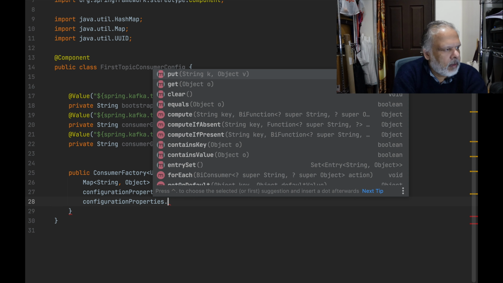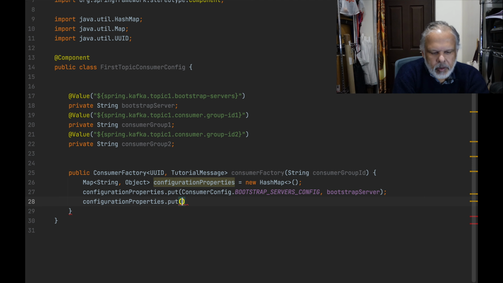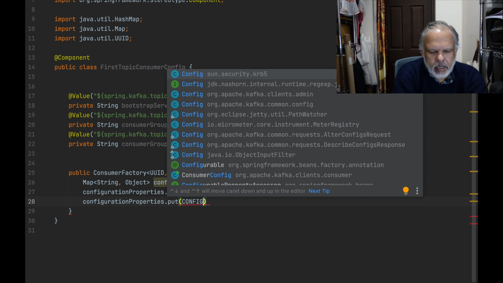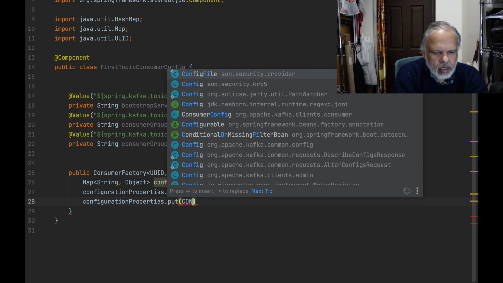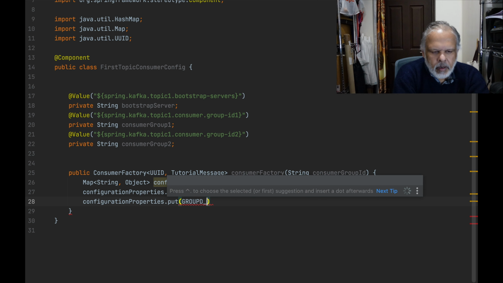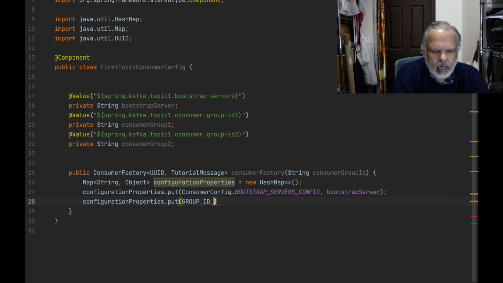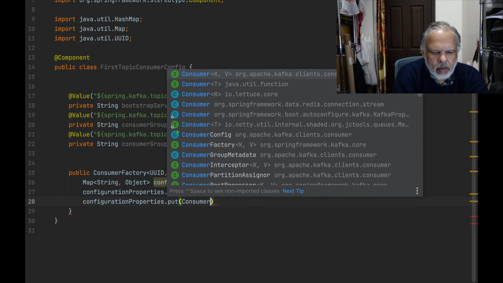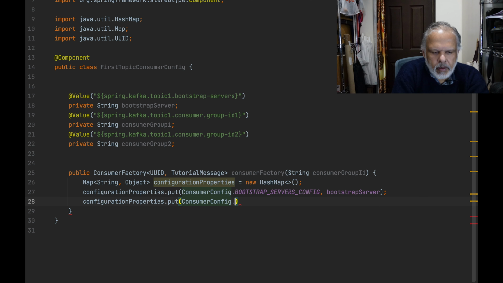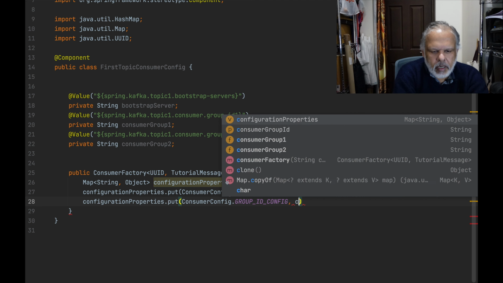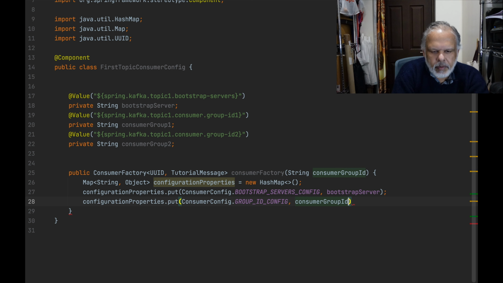So configuration properties dot put, config group id, group id config comma consumer group id, and then we have